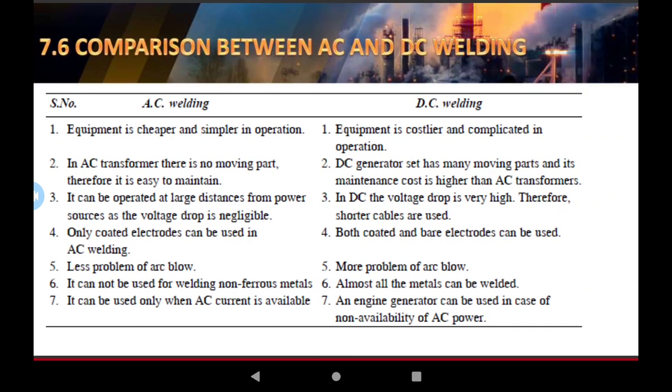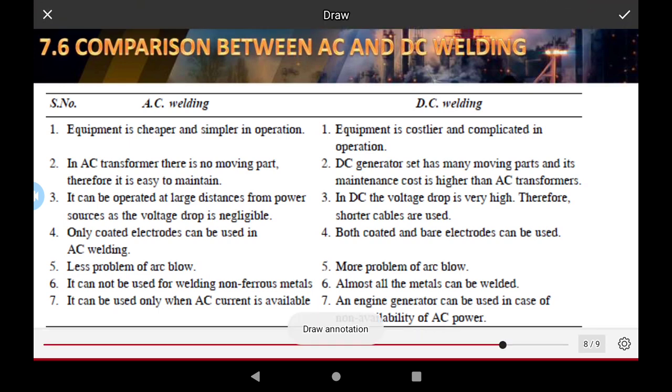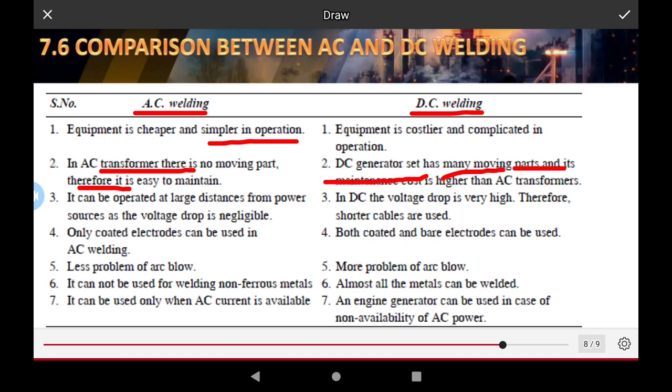The comparison between AC welding and DC welding. In the comparison of AC welding and DC welding equipment, AC welding equipment is simple to operate, and DC welding equipment is very complicated. In the AC transformer, there is no moving part, and it is easy to maintain. The DC part is a DC generator set with many moving parts,